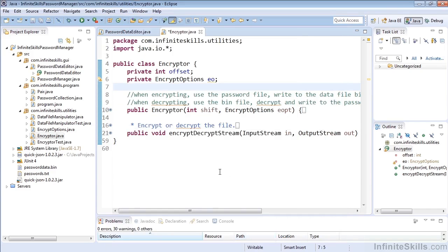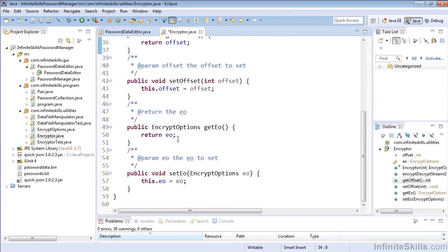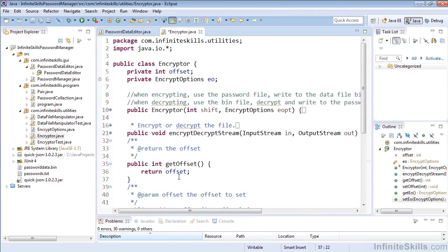Once I do this, of course, we will see the code become inserted. Here we see the offset get and the set, and here we see the encrypt options get and the set. So all four of my methods were generated and simply lined up with the variables that exist inside of my code. And thereby, it was very easy to go ahead and add my mutators and accessors, or my getters and setters, for my private fields inside of my encryptor class. And that wraps up our look at adding the getters and setters, or the accessors and mutators,